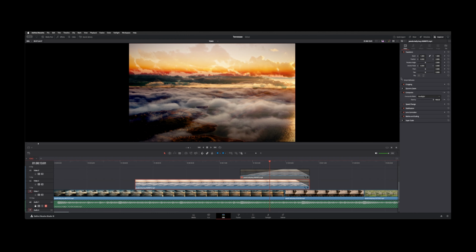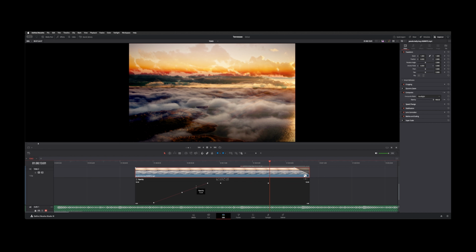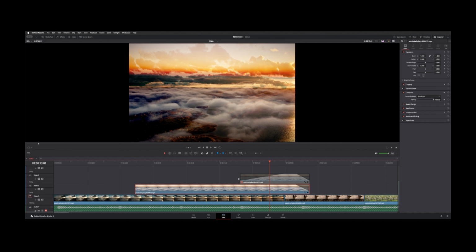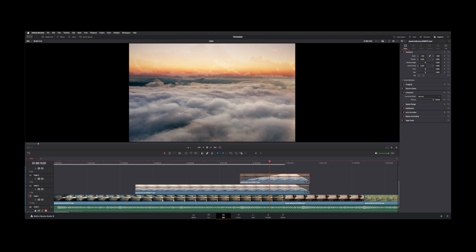Now, in order to do that, you can't actually change your composite mode in the middle of an edit. So I added some keyframes for the fade between the Hardlight version, and it goes to 100%. And then essentially I did an option drag and copied the clip up above and then trimmed it where I wanted the fade to start. And on the second clip here, I just pulled the fade handle on the clip